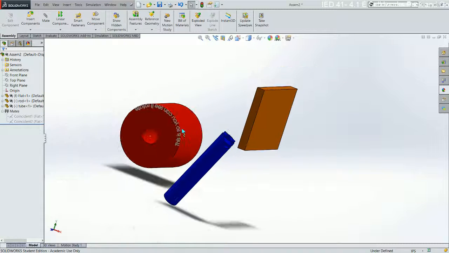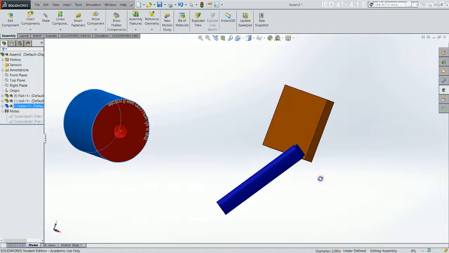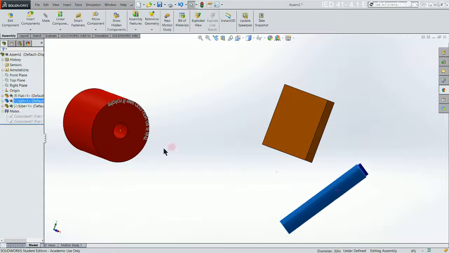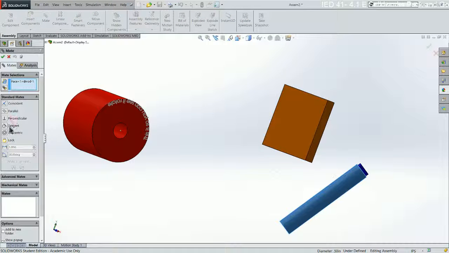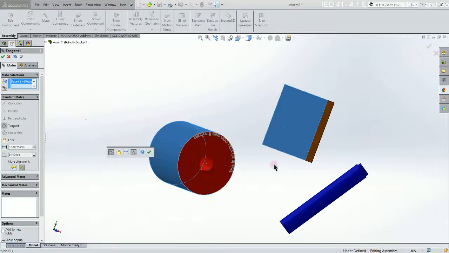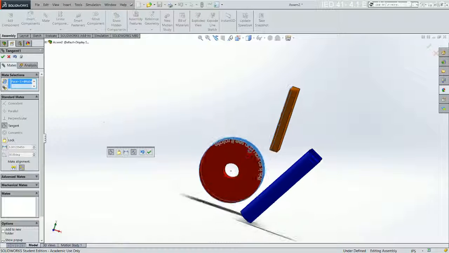Now let's look at one other one. Let's look at a tangential mate, and we'll use this piece right here. And let's move my blue out of the way, and I want to do a mate, except this time I want to pick a tangent mate. So what I'm going to do is choose the surface. First surface is the face of my flat, and the second surface is going to be the outside edge of my red